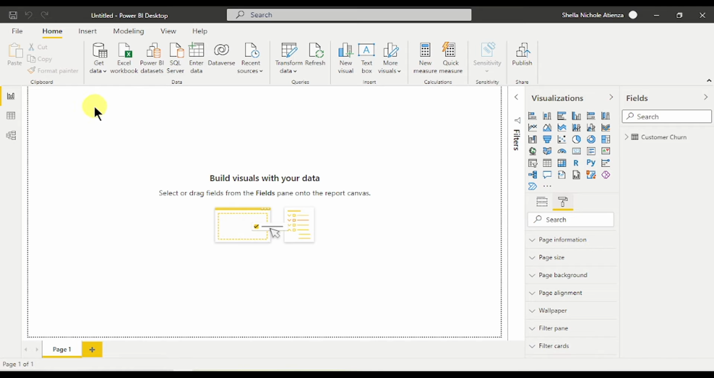On this big white canvas, this is the area that you'll put your visualization tool that would help you to analyze your data. On this left side is the report page where you can see all of these